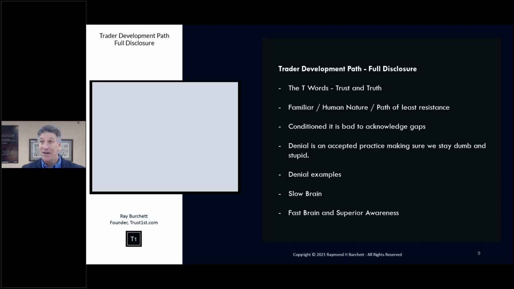In reality, when we see a gap, it's an opportunity to gain competitive advantage. Does everybody get that? You see a gap, an opportunity to get better, we want to be all over that. That's how we gain advantage. That's how we gain an edge. But denial is an accepted practice, making sure we stay dumb and stupid. Now, you're thinking to yourself, yep, I'm smart, I know this, I'm above this,